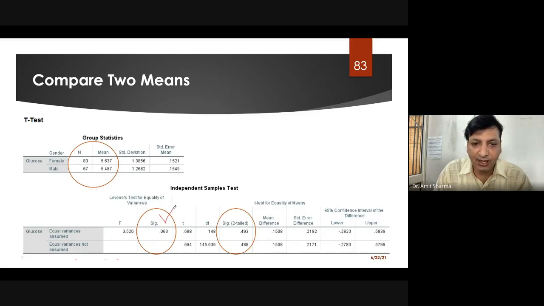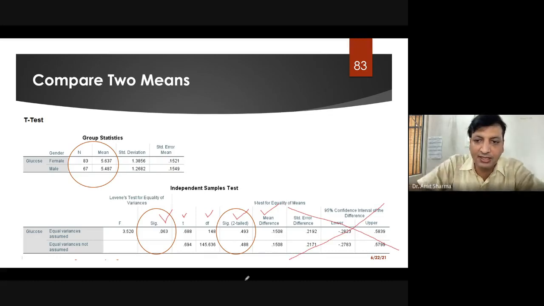After that, write the t-score, the degree of freedom, the significance value, and the mean difference. We don't require the values given in the last three columns. Wherever I have tick-marked, take the value of t, degree of freedom, the two-tailed significance value for the independent samples t-test, and the mean difference.